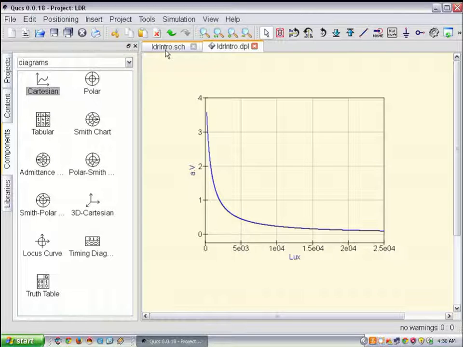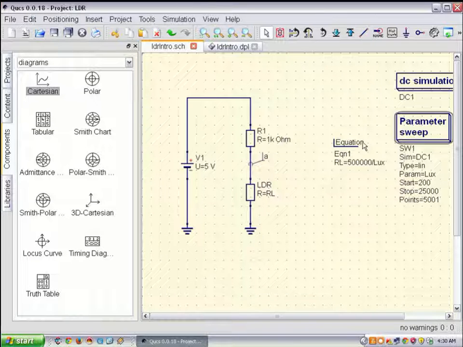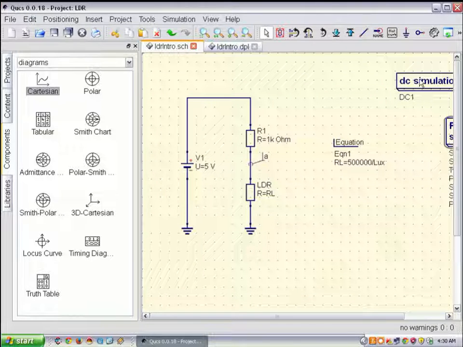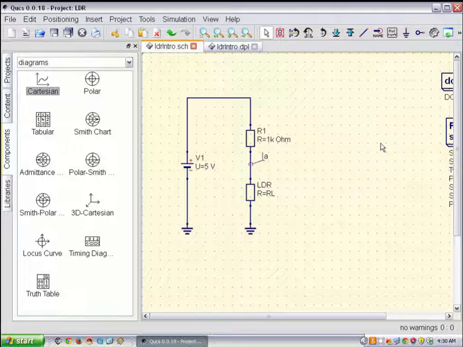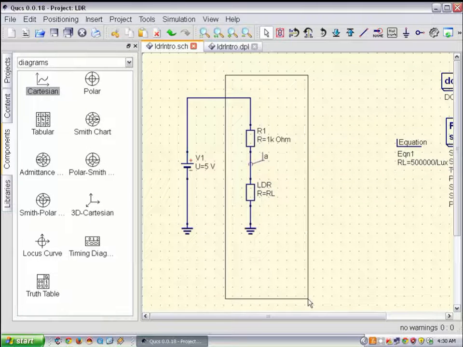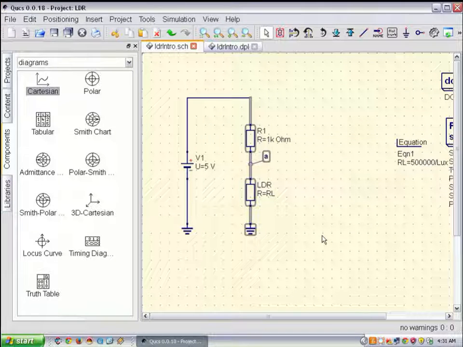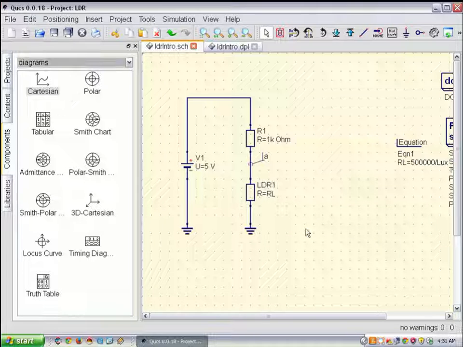So now we'll come back again to this circuit. What we'll do is we will add some more circuits here so that we understand how this thing works. So we will select this entire thing, the entire circuit, that is R1 and LDR, and now before that I'll change this LDR as LDR1, and then select these two components